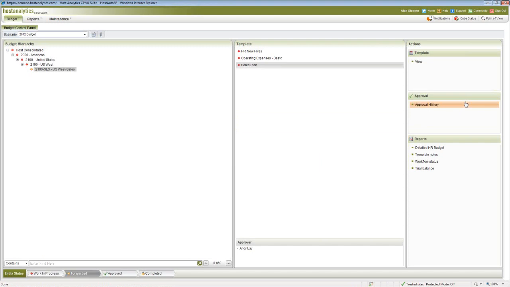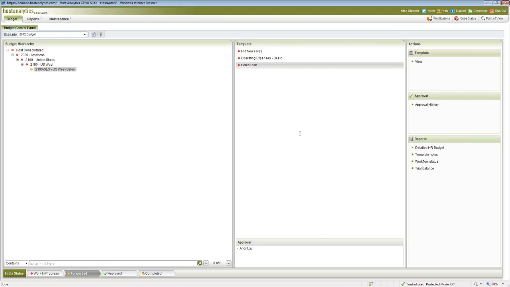And what's happening now is you can see that the status over here on the left of his department has a yellow arrow. And down here at the bottom, hopefully you can see that on your screens, are what those mean. So a red dot means we've just started, or my budget's being worked on. Yellow means forwarded, and it also can show the status of approval as well as the final completion.